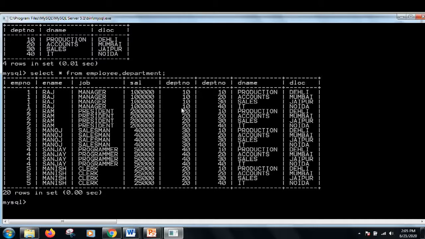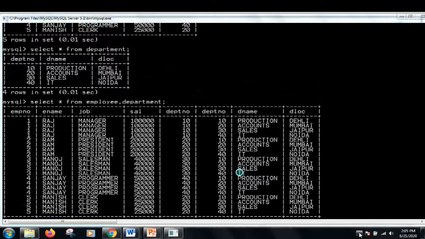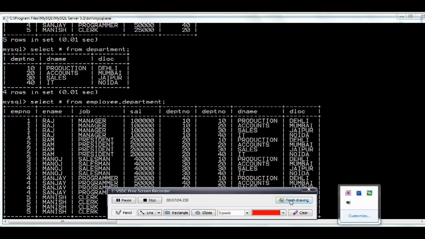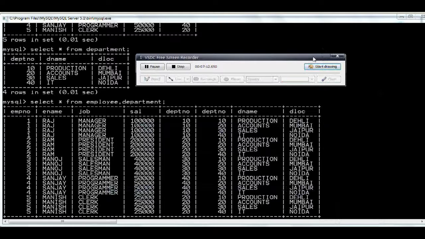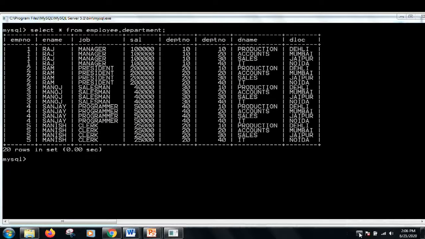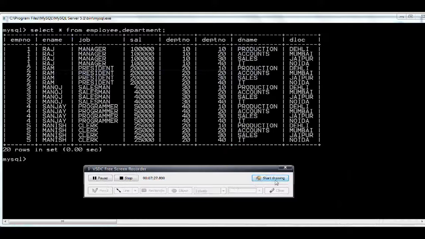For example, this first record in the table is giving meaningful information because the department number is the same in both the tables.